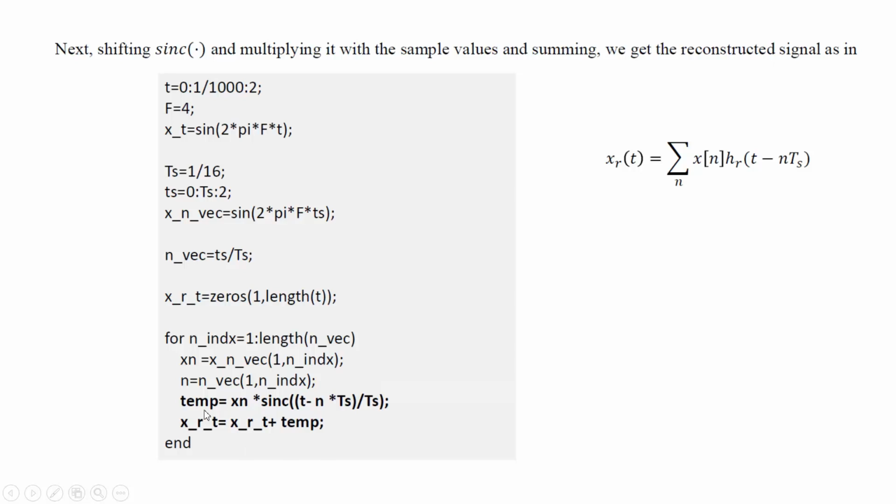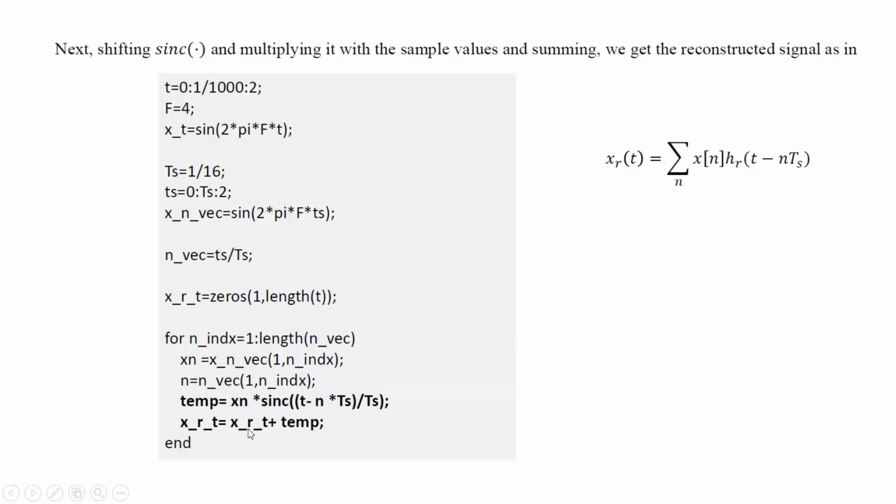I keep on generating the values, and xrt is actually a zero vector, so the values coming from this operation inside the for loop will be added into this position, and this zeros vector will get filled with the values calculated within the for loop.